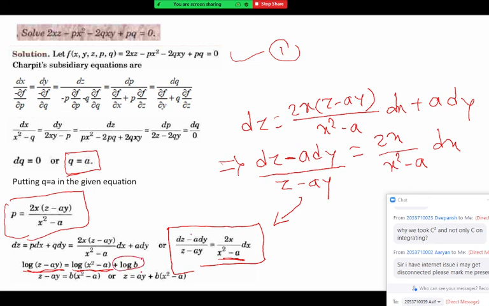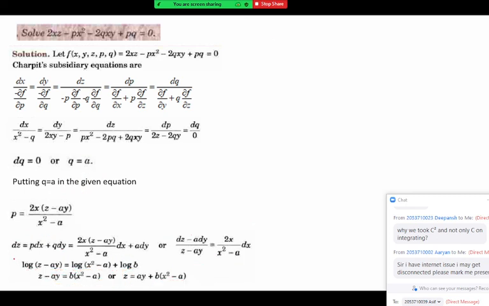Now you can take plus c only, but you can take log b for a better simplified solution. It is not necessary to use a and b. You can use c1 and c2 also. Some of you have c1 throughout and then log c2 there. The simplified answer will look like this. Choice is yours. You can write it in any form. This is also your final answer, but more simplified answers are written at the bottom. By properties of logarithm, the log is removed.